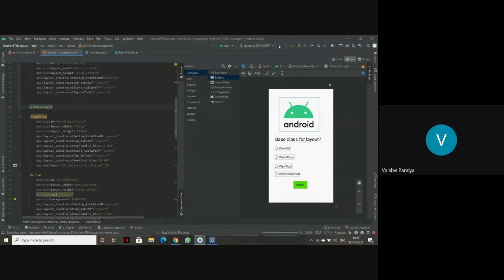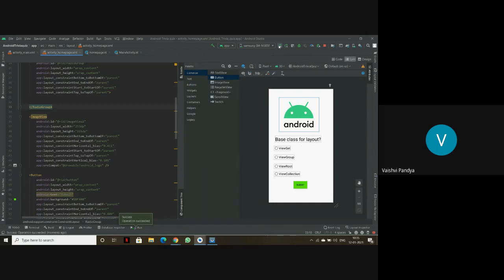We are first making two individual pages, and then I'll show you the code on how to merge those pages, how to go from first page to second page. But always remember how we made this page. There are two options. First, you can go to File, then New, then Empty Activity Template that I showed you earlier. And the second is you can go to App, then Resources, and then Layout.